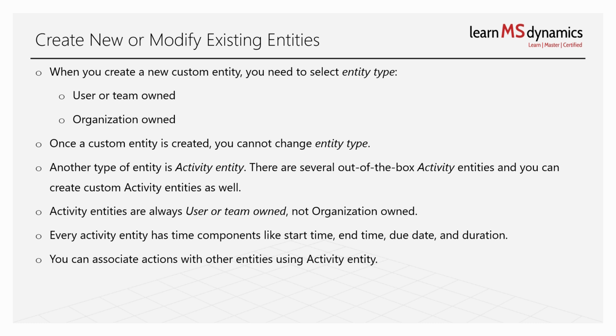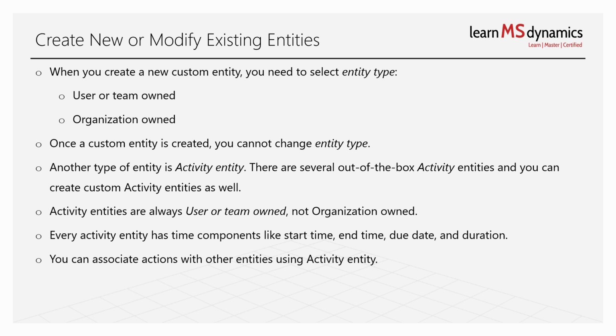So for example, if you're working with a prospect and you create a lead, in that you might have multiple conversations with that particular prospect. If you're having a phone call, you can record that phone call activity. If you are sending an email, then you can record that email activity. Or if you have an appointment, you can capture that, you can associate that. Or if you are assigning a task to a team member for that particular lead, that can also be done